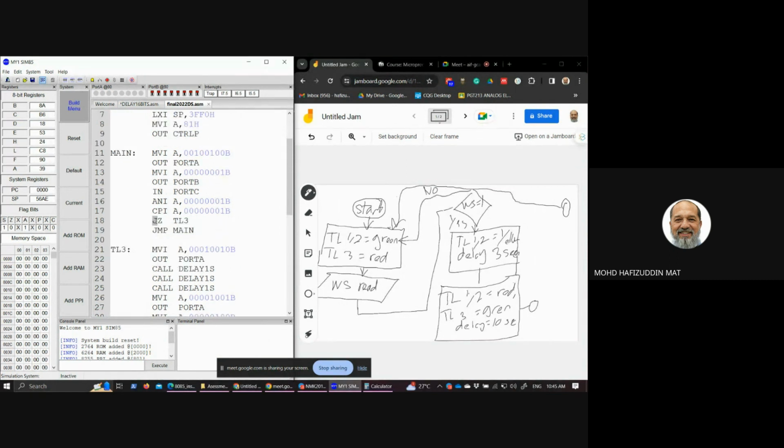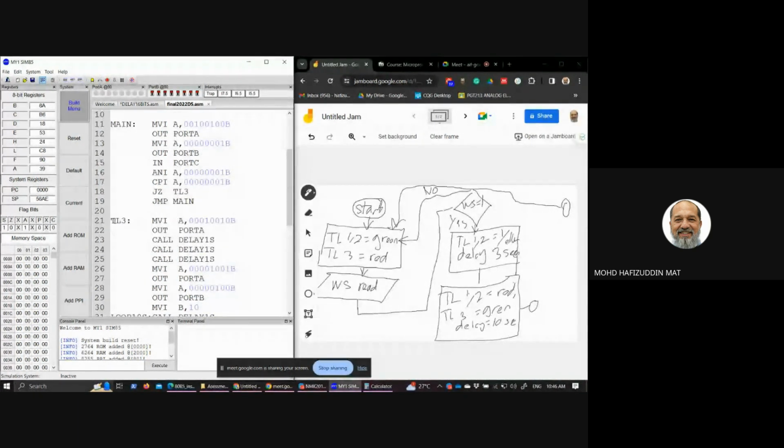Jump to TL3 if zero flag is set. JZ equal to jump if zero flag set. Jump to where? Jump to TL3. If zero flag is set, we go to the TL3. So TL3 will run